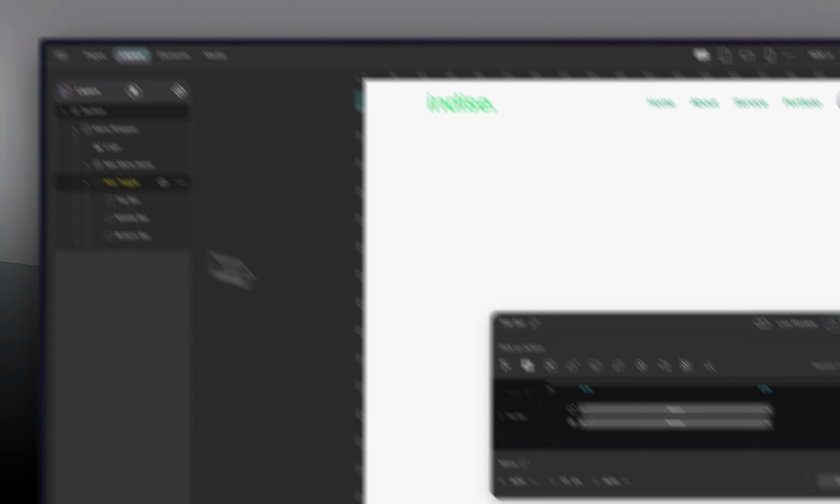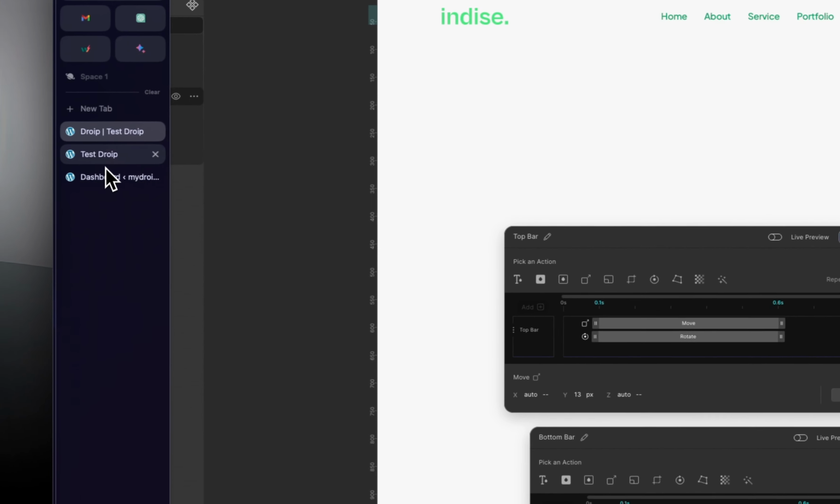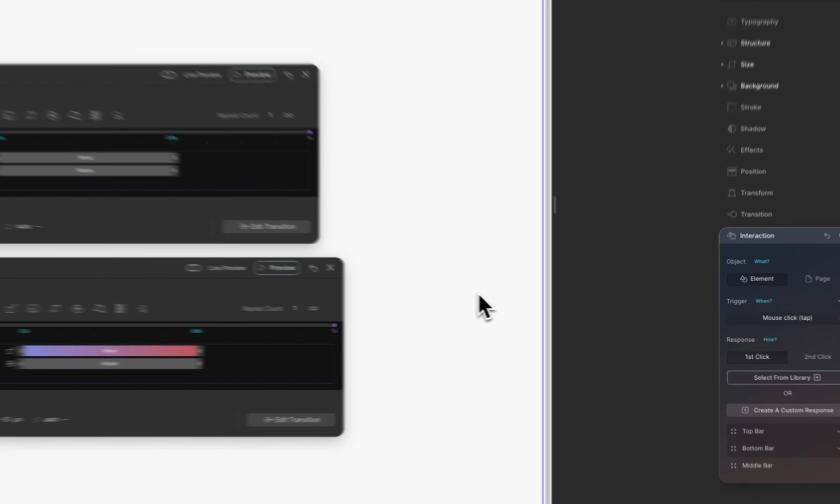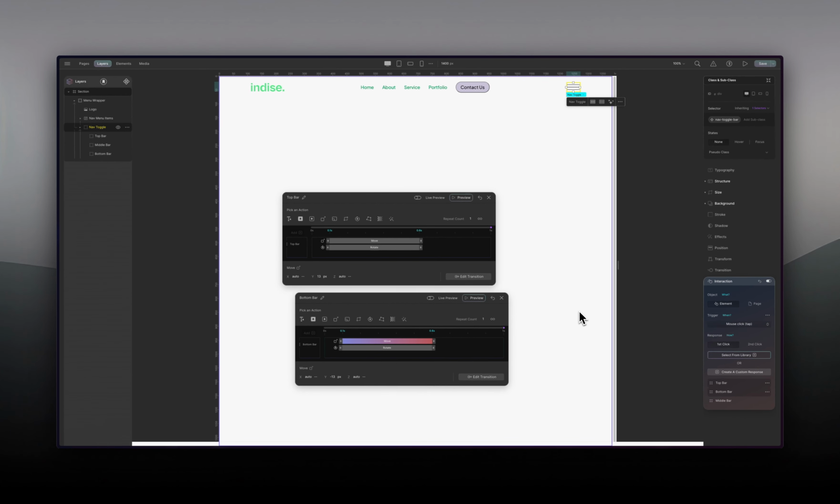Maybe let me do 13, right? 13. Maybe it's actually really going to fix it. Yes, I think now it looks really good. Okay, so that is that for that one. The next thing that we want to do is to make sure that when we click again, it closes, right? It closes and open, it closes and open.